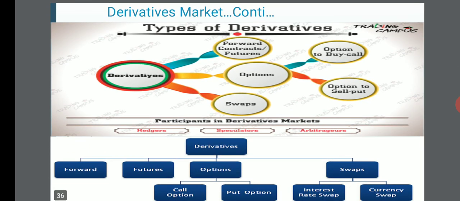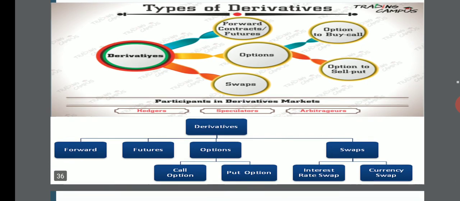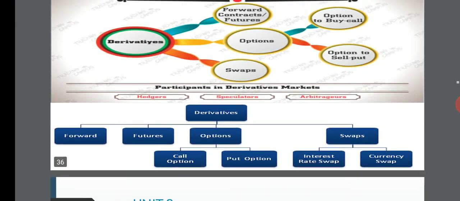Then the derivatives market consists of three parts. There are types of derivatives: forward contract and futures contract. We have already discussed forward and futures contracts. And options are of two types: buy option and sell option, that is, call and put option. And swaps, where obligations are